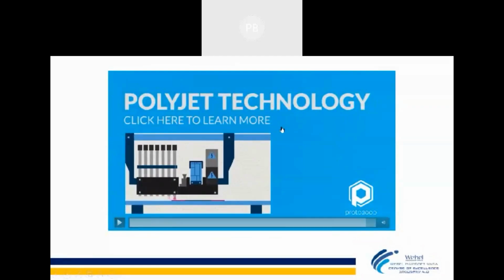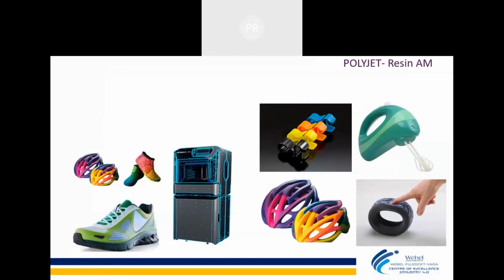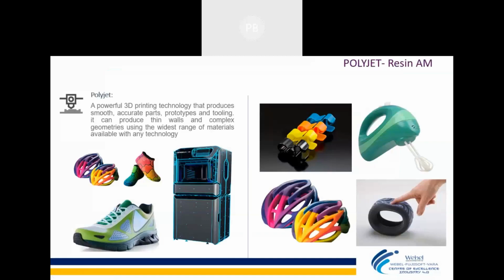So FDM is one of the technologies where you can understand FDM printing with the different parts of printing, where FDM can be used in aerospace, railways, and automotive, in different segments. This is one of the technologies which our center of excellence offers. We have a state-of-the-art machine from Stratasys, the world's leading company in FDM, and they are the founder of the FDM technology. They have the patent for that.